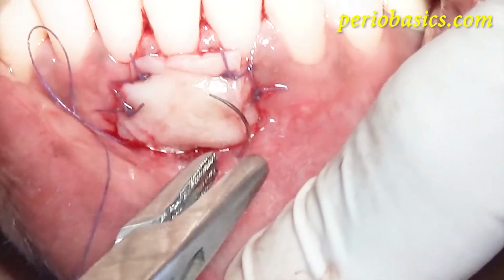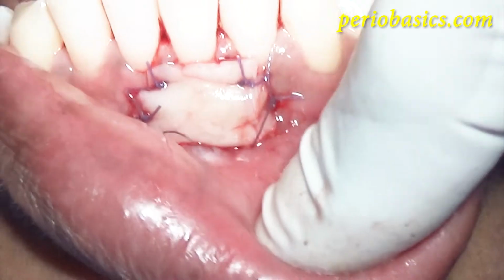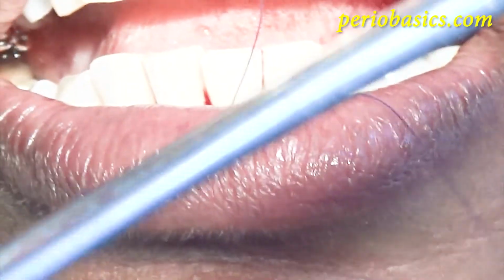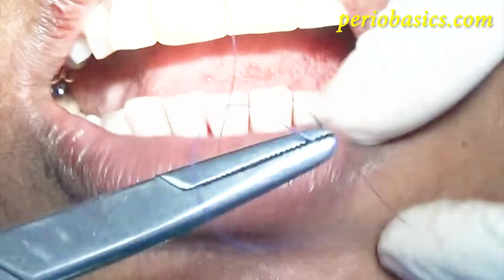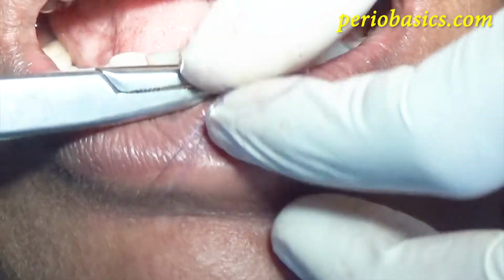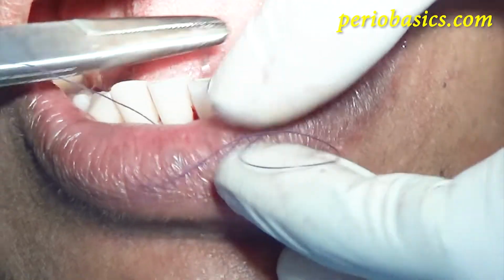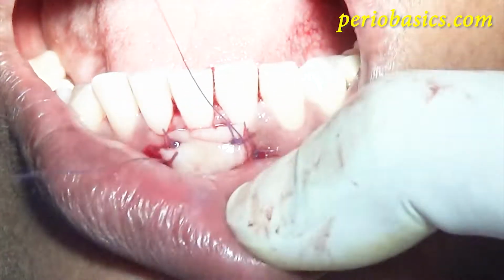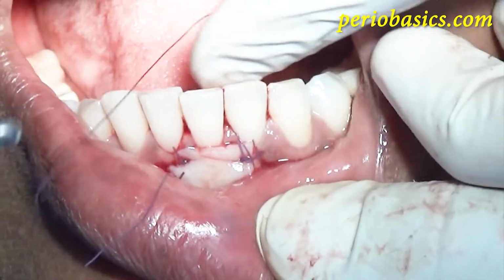I place two sutures. First is which engages it from the apical aspect. You can see that I have suspended the suture around the central incisor like this.